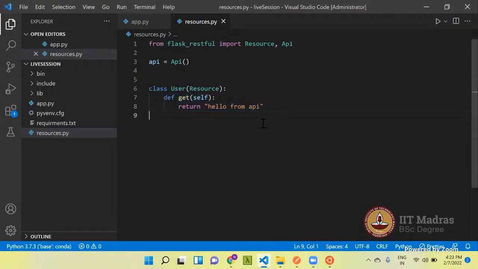I'll repeat myself again. When the user sends a GET request for the user resource, this method will be triggered, and whatever this method returns will be returned to the user. There is one more step remaining. You need to register your user resource. In some sense, you need to map your resource with a URL,